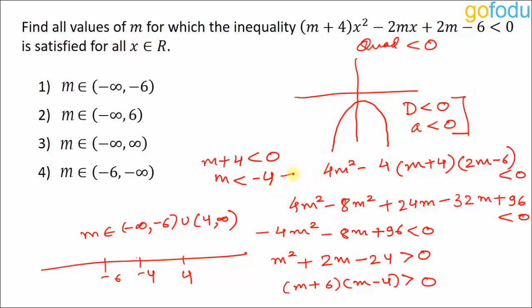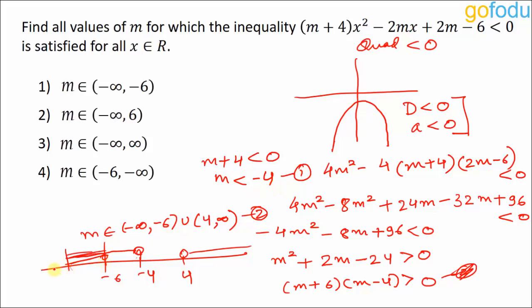So we are going to take the intersection of this first inequality and this second one. These two regions, we are going to take the intersection of these two regions. First is m less than minus 4. That means starting from minus 4, not including minus 4, and all the values less than minus 4. And the second one is giving us m is minus infinity to minus 6 and from 4 till infinity. So these are the values that both these inequalities are covering.